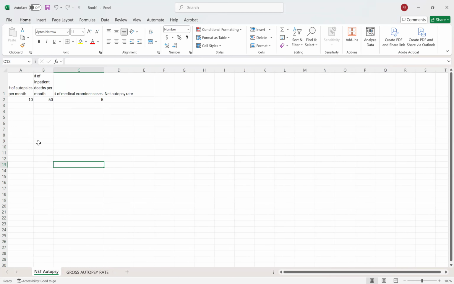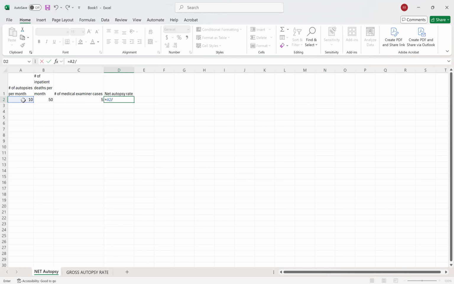So this looks similar. Again, we have our 50 inpatient deaths, 10 autopsies, but there were 5 medical examiner cases. So again, we're going to do something similar with the formulas. We're going to click on the cell where we want the result. We're going to press equals, and then we're going to go 10 autopsies,